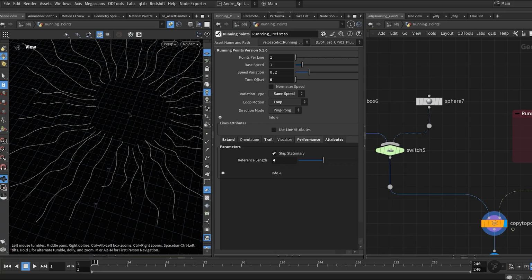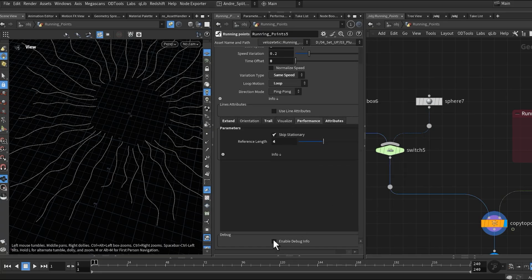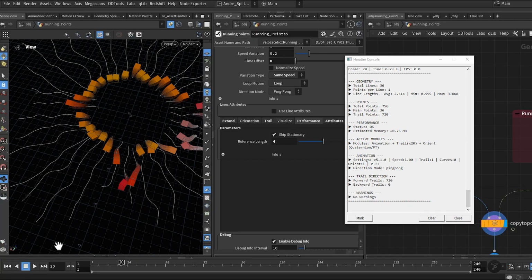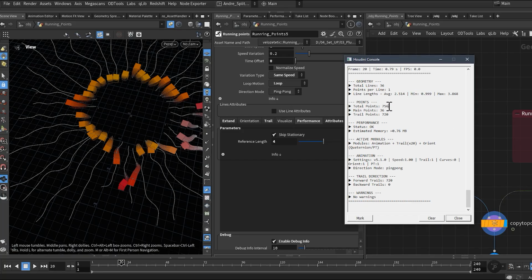If you want to check the actual curve length, as I told you before, just enable the debug options. It will display all the necessary data. Now you can see the length of the curve, the point count, everything you need.